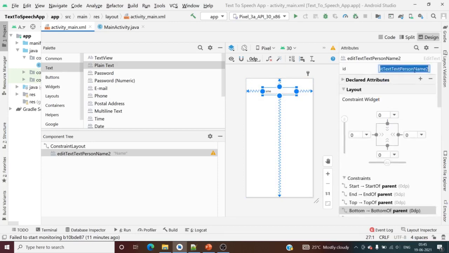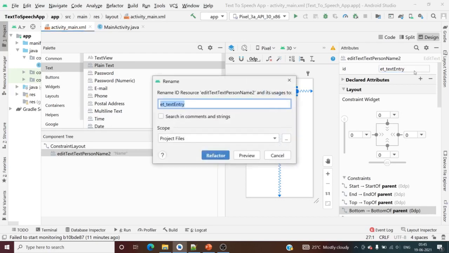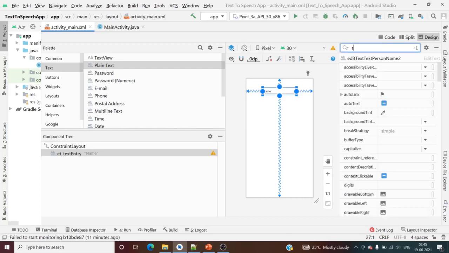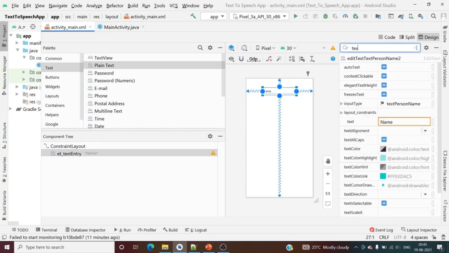It is an edit text, correct? Et underscore text entry. Refactor it. And then let us remove the text and make a hint here. I will remove the text name.